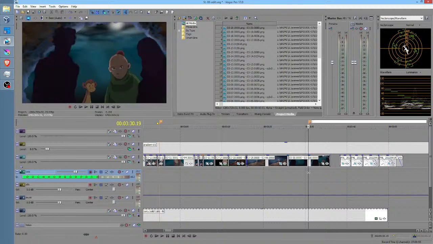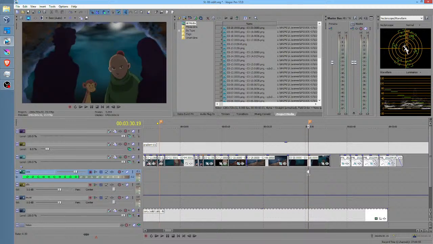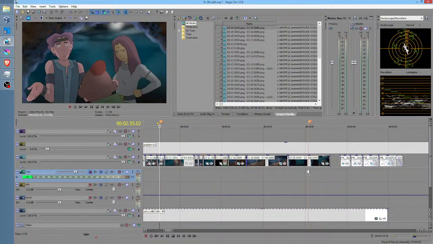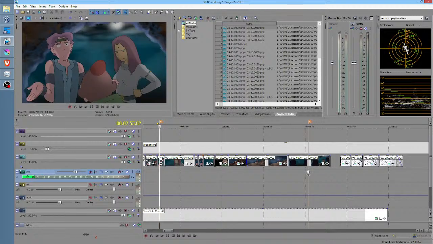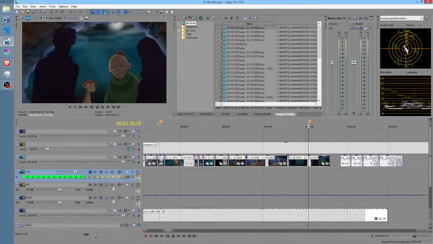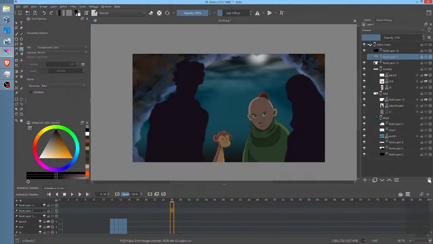And then let's pop a marker here so I can just toggle between them. I'm thinking what we're going to do is switch back here. We're going to keep the tint in there, but we're going to get rid of this one. This doesn't help for this shot.